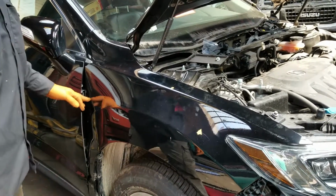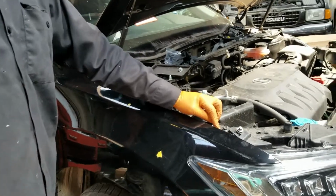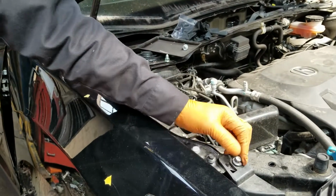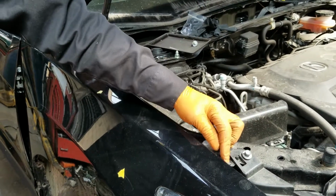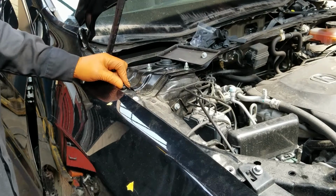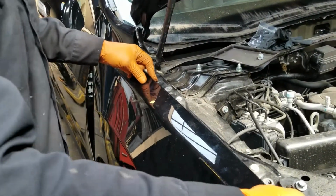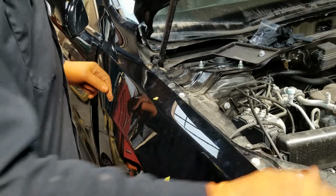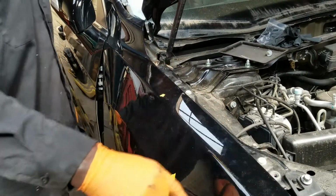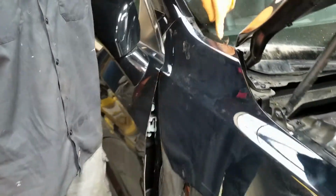And now to remove the fender, you have to remove this screw, which is a 10 millimeter, the headlight one also. So remove these. I have loosened them prior to this video. Take this one out. 1, 2. I don't need to take this all the way out because once I get the rest loose, I should be able to slide that fender out. And right up in here,